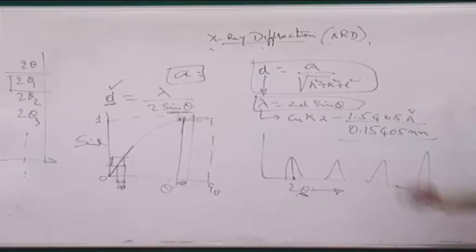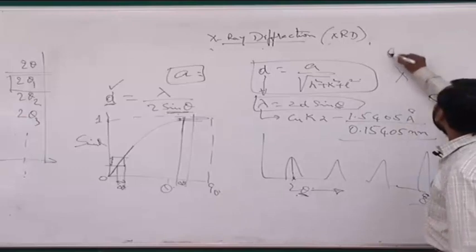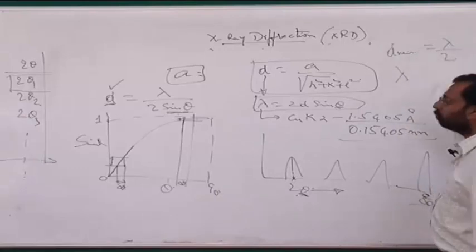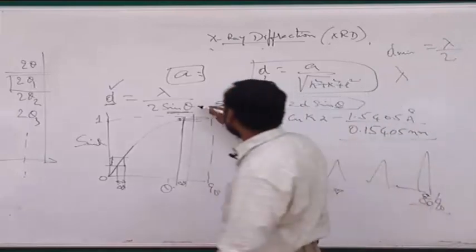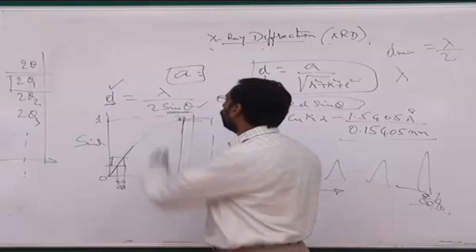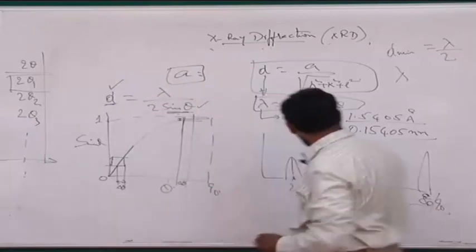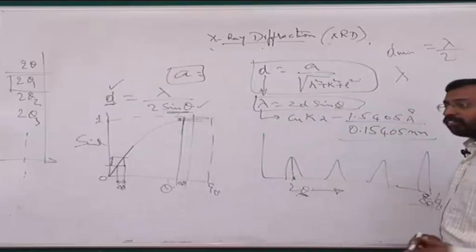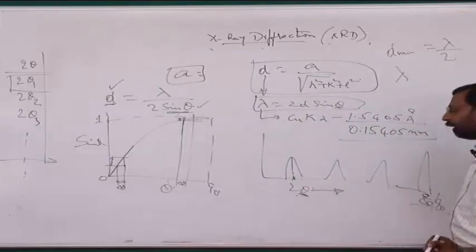One limitation could be the lambda that I am using. Last time I told you that d minimum is lambda by 2. We have said this because the maximum of sin theta is 1. When I put that, d minimum that you get is lambda by 2. So the number of peaks that I get are limited by lambda, and sometimes it may so happen that the